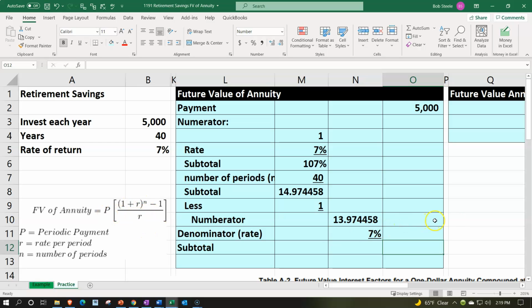then multiply times P. Notice we're only doing calculations in one column at a time. In other words, I'm not jumping from a calculation from one column to the other. That's common practice in financial statement type settings. So this is going to be that divided by the 7%, the numerator divided by the denominator. Adding decimals, Home tab, numbers,